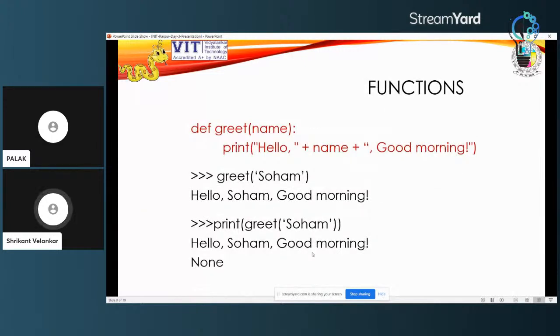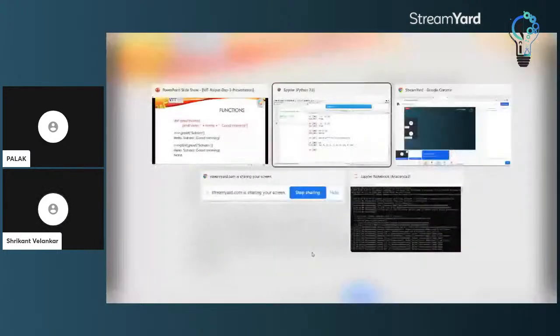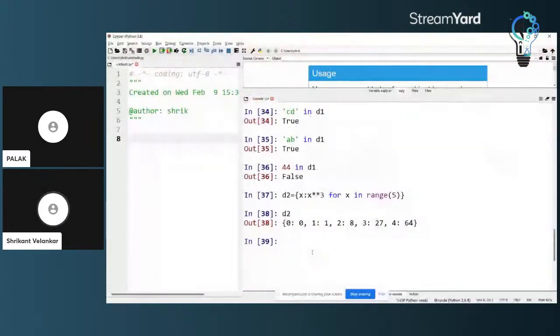So how a function works in Python, how it is created. A function is created with the keyword def. So we are defining functions by the keyword def, and therefore let's try to write a very simple function.